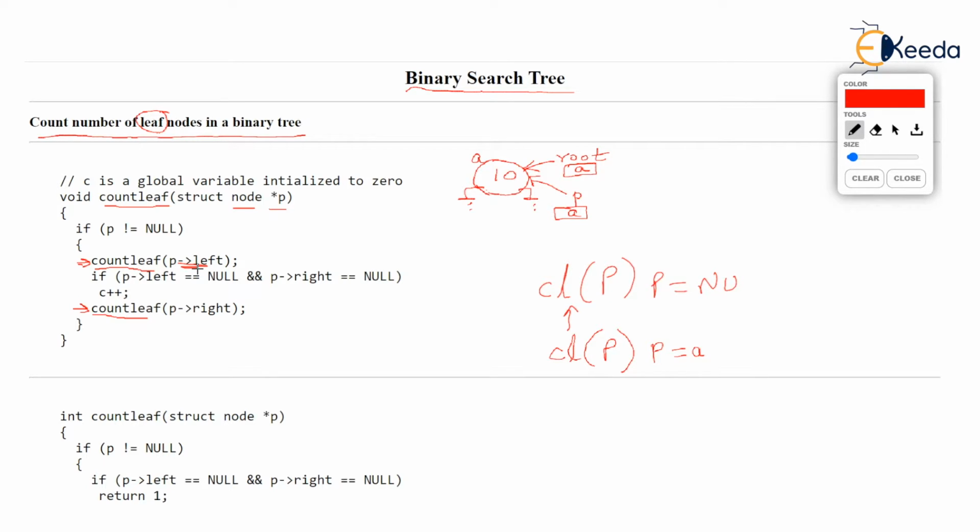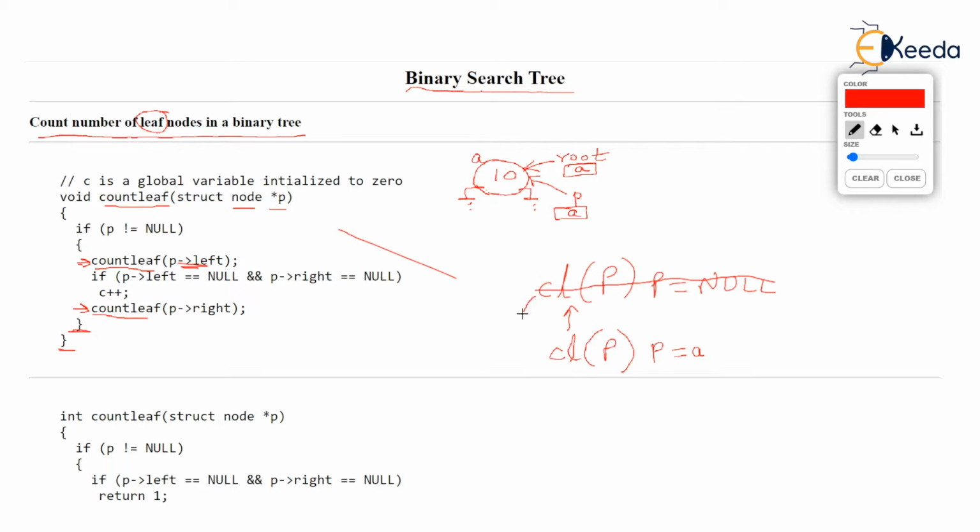Now p is null here. You see this parameter p is null now, isn't it? Count leaf p starts with p equal to null. Then, if p is not null is false. In fact, p is null now, and none of the statements written in the if statement will run. As the if is false, the entire if will be skipped and the next line will run. Of course, the next line is the end of the if and the end of the function. So importantly, count leaf p, when p was null, this function is now terminating. This is terminating now. And what happens is that when the function terminates, the calling function resumes.